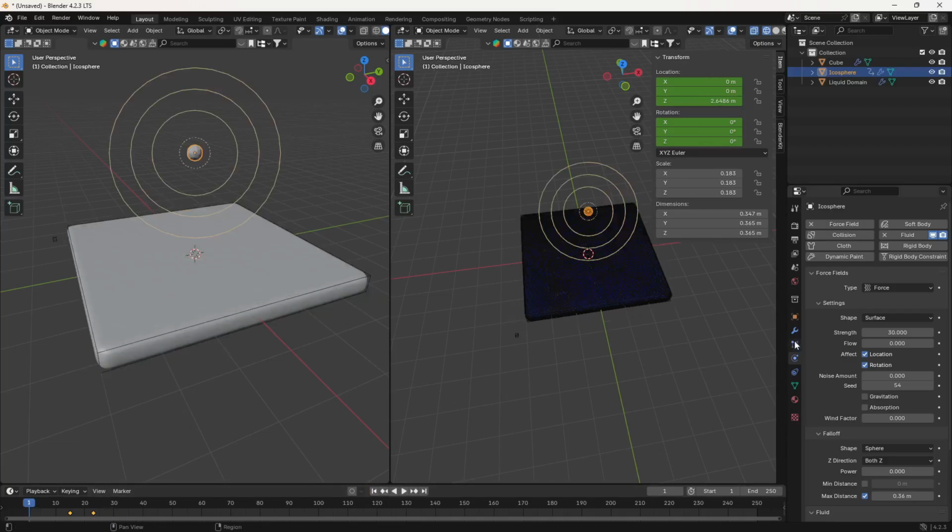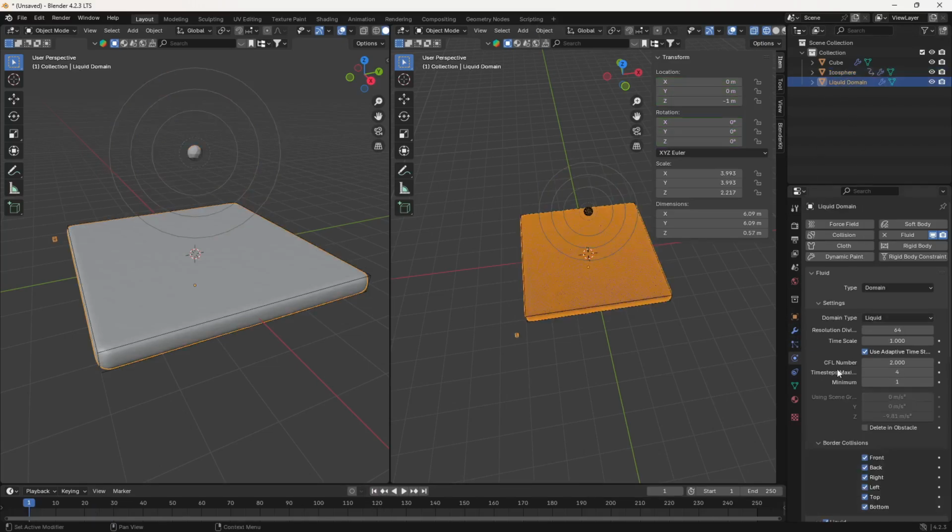So how you can bake it? Just go to your liquid domain. Okay, just increase your samples as well. So right now it's only having one minimum time step and maximum time steps is 4. So from 1 to 2, it is going to take 4 steps. So like 1, 1.25, 1.5, 1.75 and then 2. So let's just increase this somewhat. So let's just do maybe 6 and 3 here.